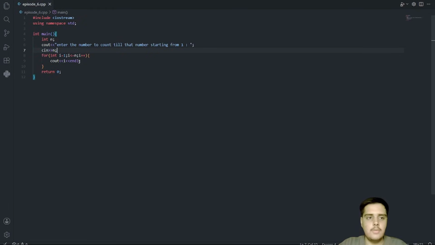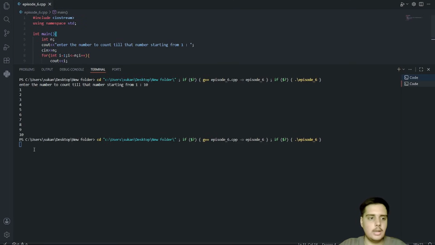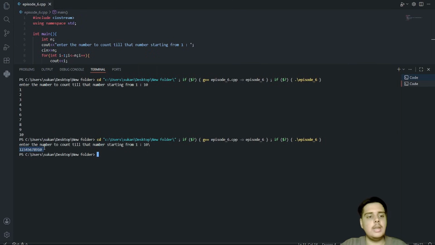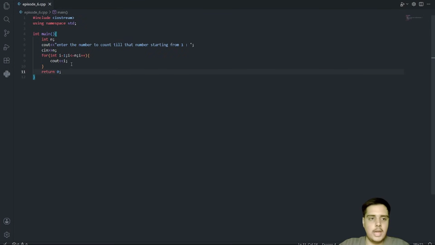Let me show you what will happen if I don't use endl. Now when I run the code and I say 10, it will still give the output. But instead of taking a separate line for each number, it will give all of it in a single line output. So depending on the way you want the output, you can modify it. It doesn't mean that you have to use only this way or only that way. It always depends on the variety you want or what the question requires you to do. So simply I will include endl here. It's a little nicer.